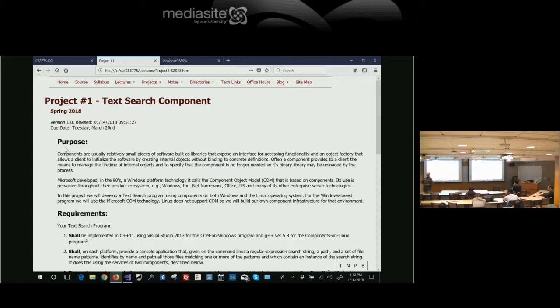Now, COM does it in a very particular way, but we're going to do that on both Linux and Windows. Windows for COM, and Linux. Now, on the Linux platform,